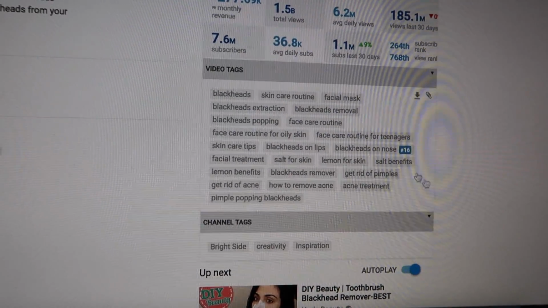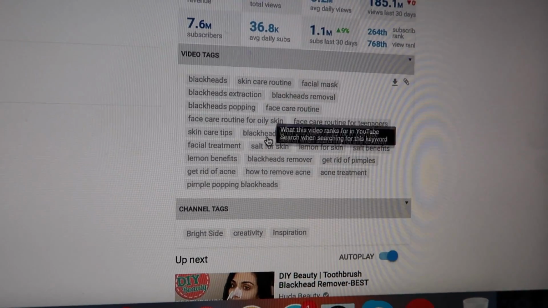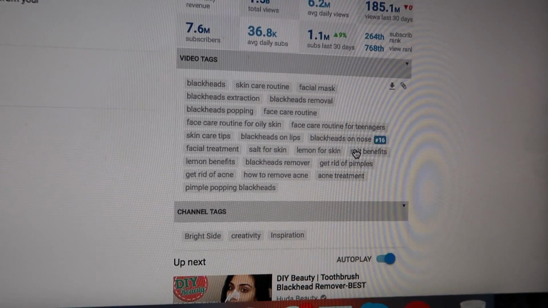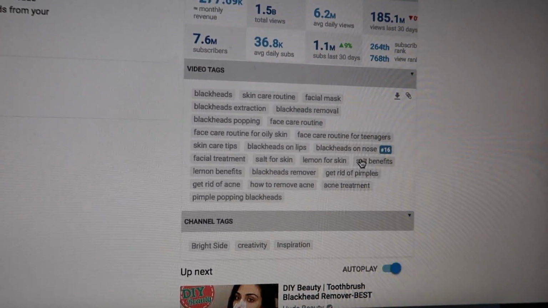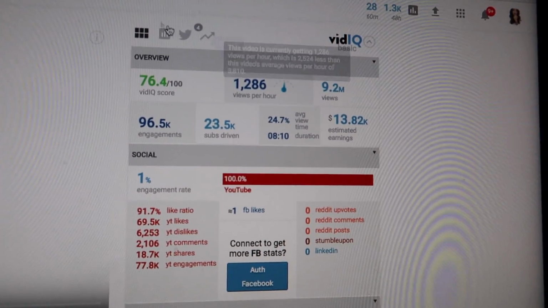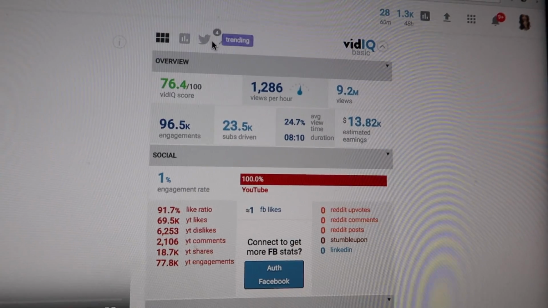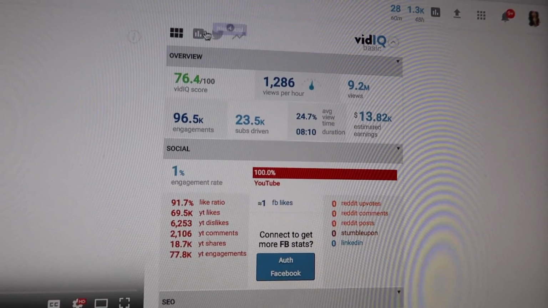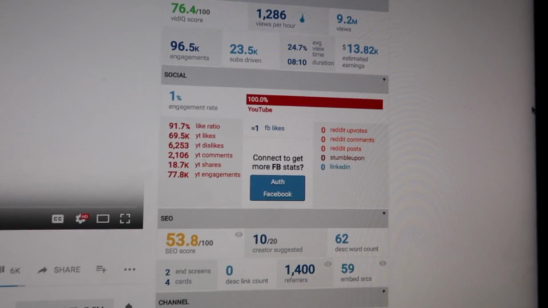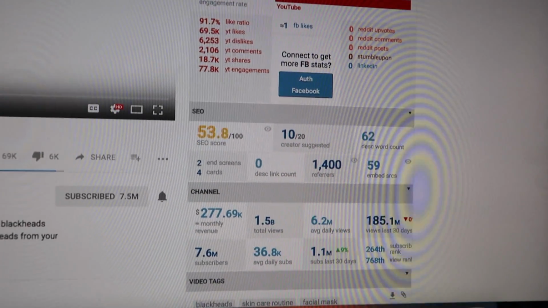Honestly, I use it to come on other people's channel, see what video tags they use, see what's their best video tags, and take their video tags. It has stuff like this, all this information, guys. And then there's more section, how much traffic is from Twitter, blah, blah, blah. It just gives a more in-depth information than YouTube does. Definitely check out VidIQ, see if that's something you're interested in, because honestly, it has helped me so much